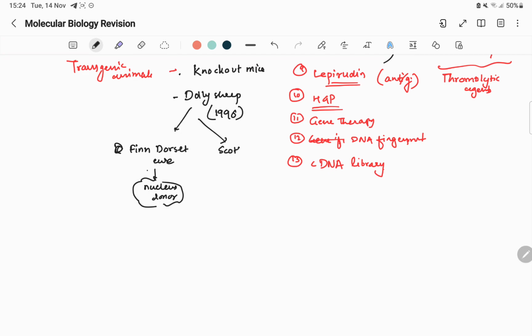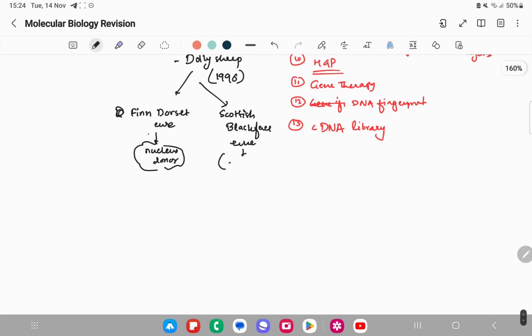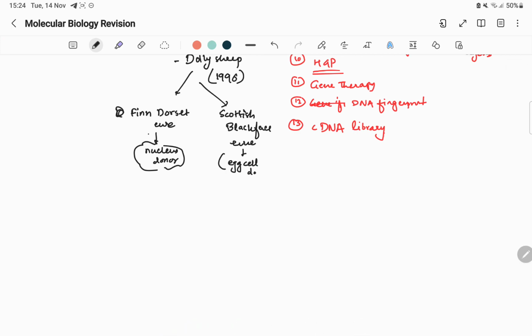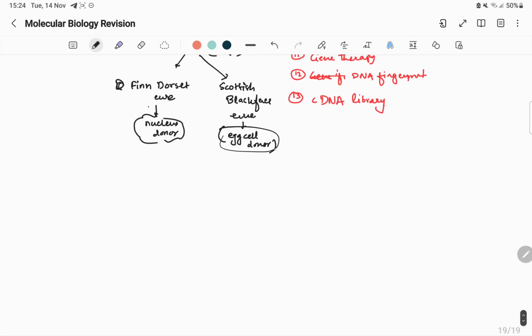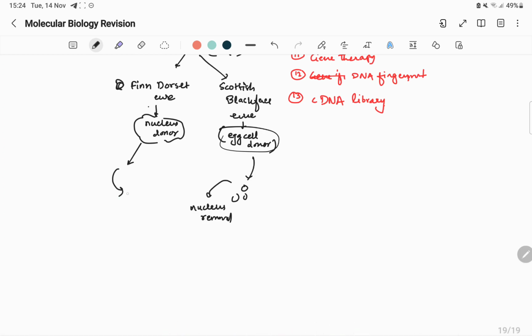And the Scottish Blackface ewe was the egg cell donor. So the egg cell is removed from the Scottish Blackface ewe. The nucleus of the egg cell is then removed, and the donor nucleus is incorporated into it,